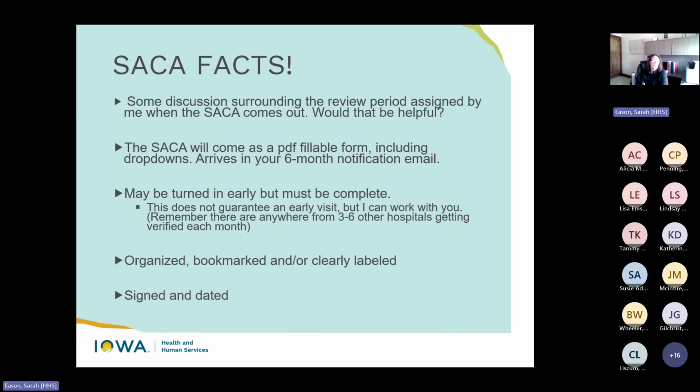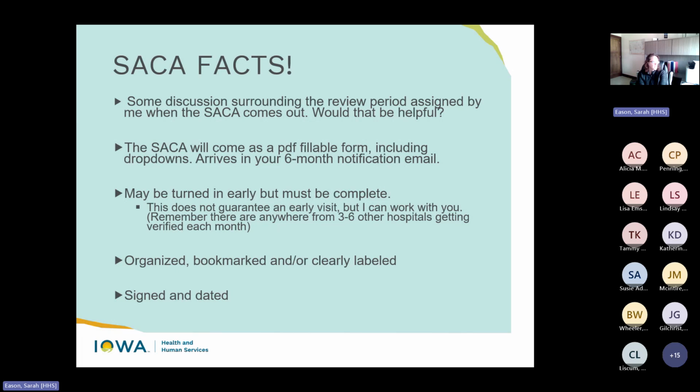And again, you can also reach out to me because I've thought around this, because it's good and bad. You may have had some disastrous cases that really had some great PI during a review period I happened to pick for you. But also, having the power in your control lets you say, hey, we reviewed this period because we had a huge volume for some reason. So think about that and let me know if that would be helpful for you.